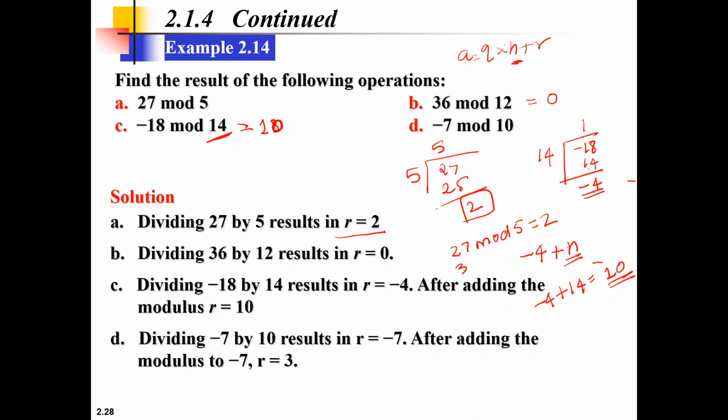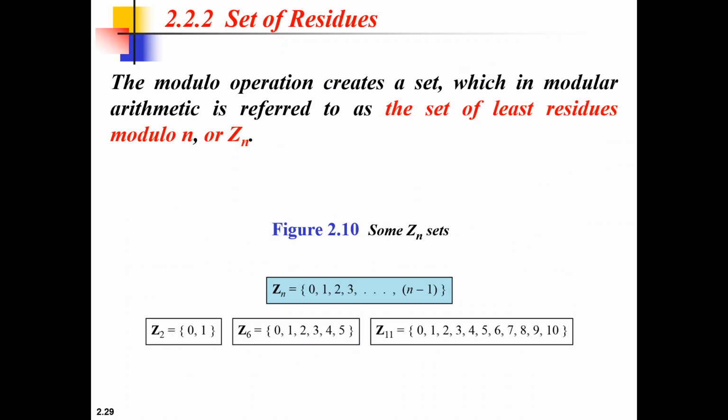Now minus 7 mod 10. Here division is not possible, which means the quotient will be 0 and the remainder will be minus 7. R should again be a non-negative number, so you add the modulus n to it. Minus 7 plus 10, R will be 3. I hope these basic operations are clear to everybody. Remember, R should always be a positive number. The way it can be converted to a positive is by adding the modulus n to that particular number. That way you get your R as positive.